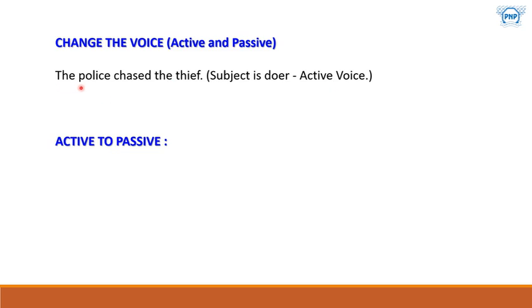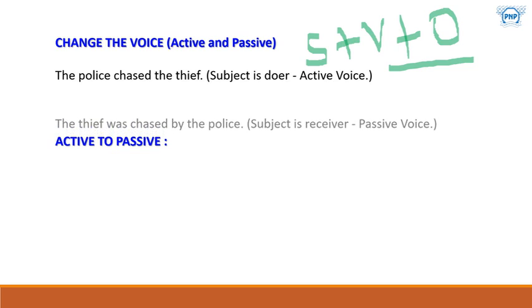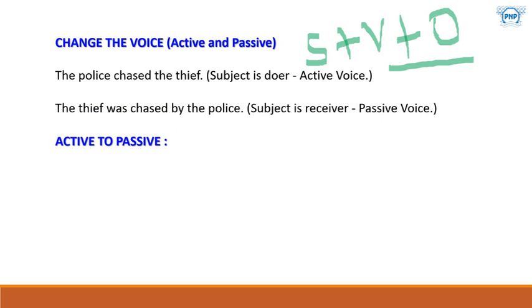When you get such type of sentence where subject has started the sentence, or the sentence structure is somewhat like this. Suppose you have written this like subject plus verb plus an object. When you get such type of sentence structure, that is nothing but an active voice example. So how to change the same into passive voice and what is the difference between active and passive? I hope you can see here how it has been changed.